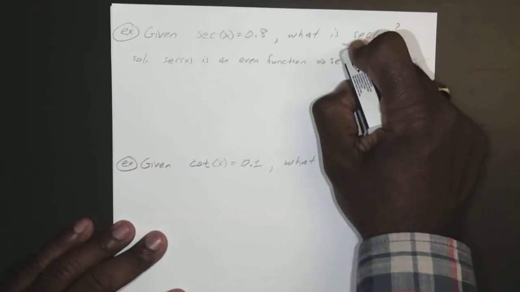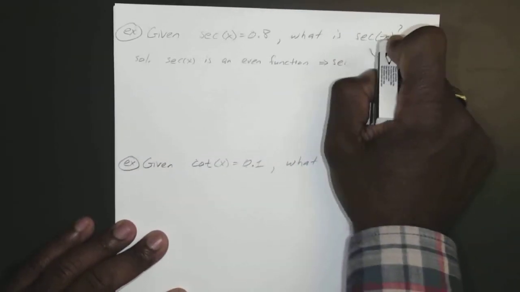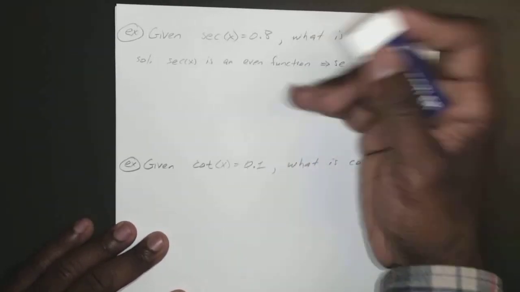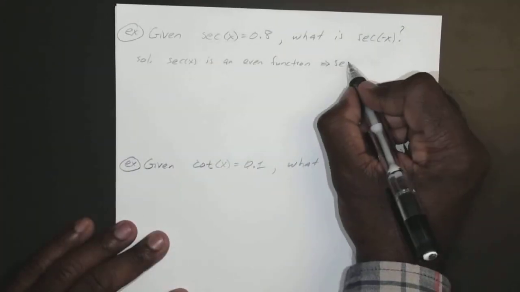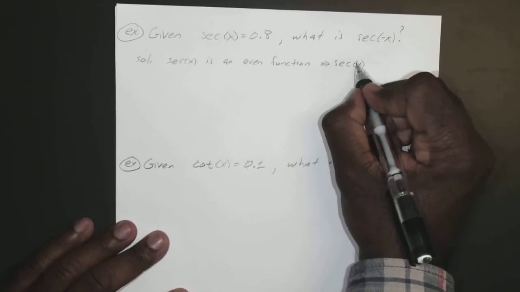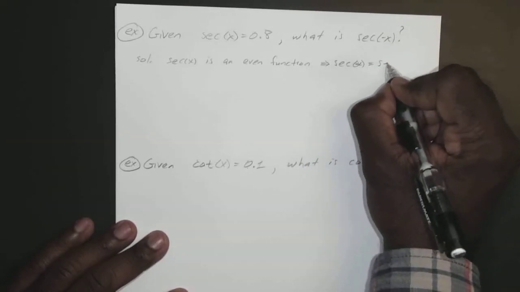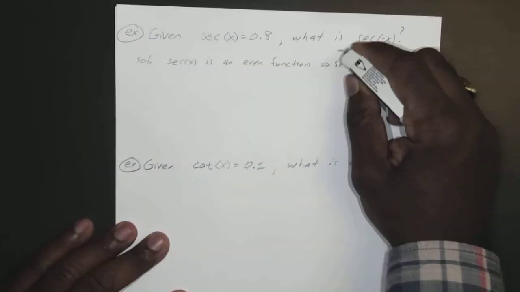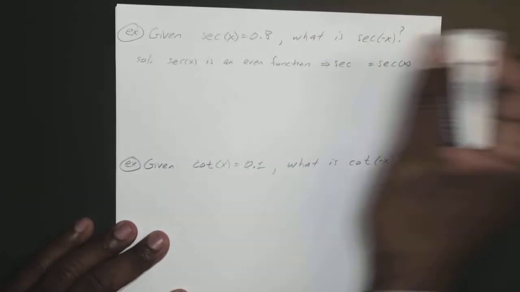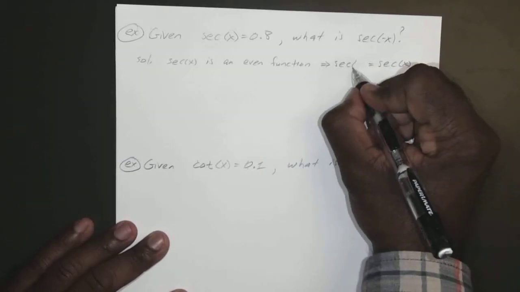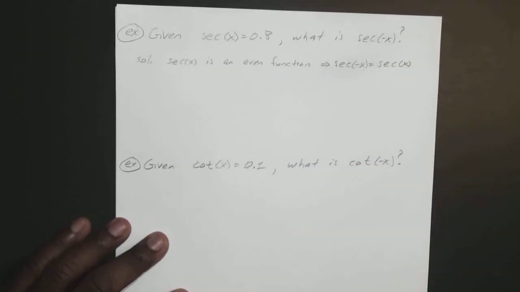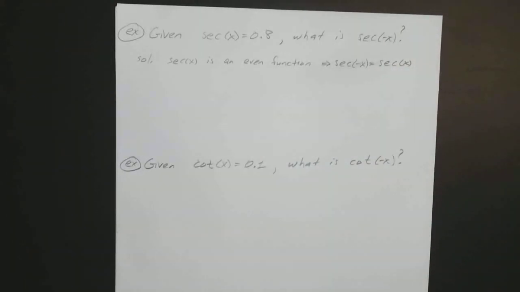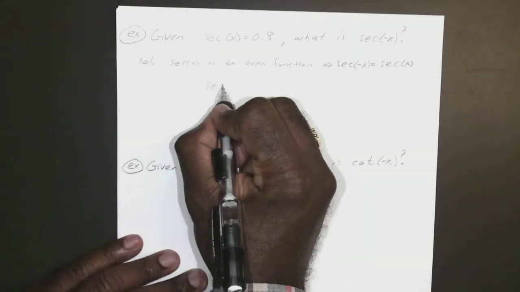I'll keep it in order. So we know that secant of negative x equals secant of x. There we go. So that means if secant of x is equal